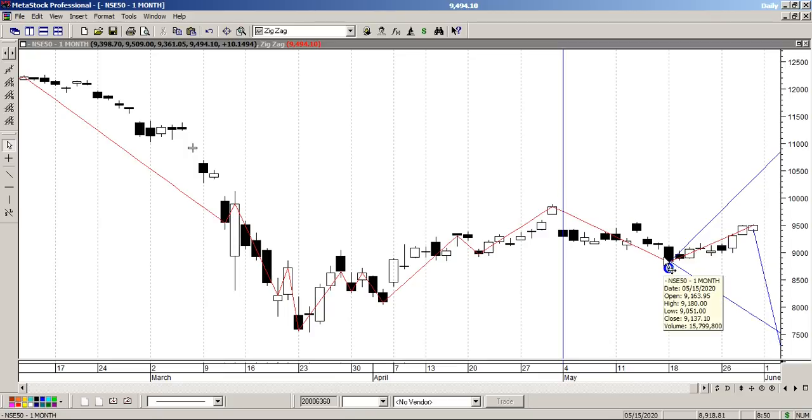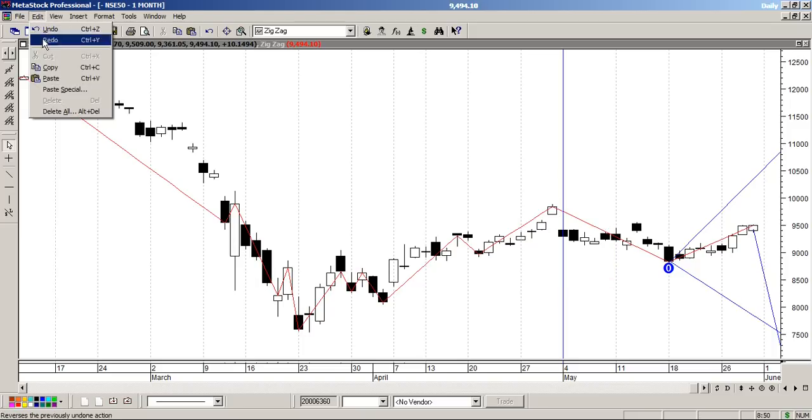So a point on the zigzag, one point before the current low or high, whether low or high, whatever is the last one, just ignore it. Concentrate on the previous one. And when you are concentrating on the previous one, see what is the structure there. Now let us see the structure.